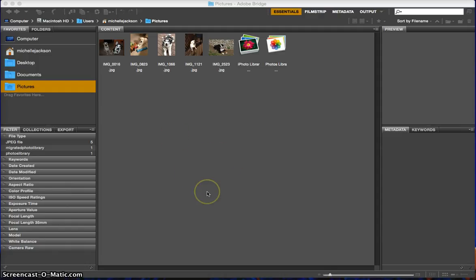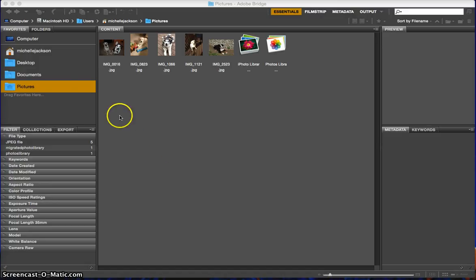For the week 1 assignment, you're asked to create a contact sheet that is bright green and has 5 images in it. Your images can be found anywhere. You can pull them from anywhere. If you store them in your documents folder or out on your desktop. I've been storing some pictures in my pictures file. I also use the iPhoto library to store most of my pictures. But I did pull out 5 pictures and place them in my pictures file